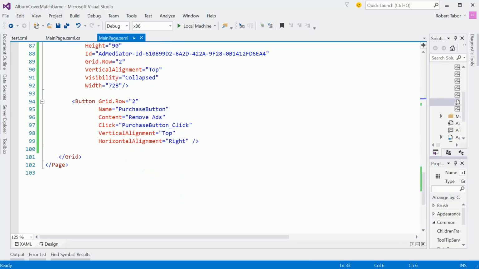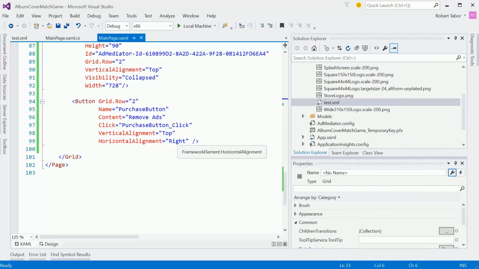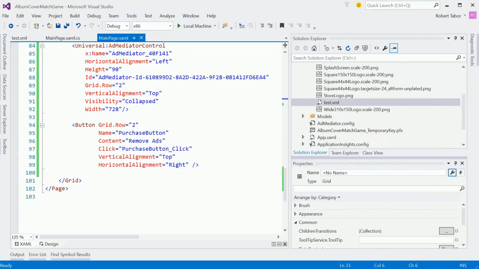Like I said, I would really, really like to get a graphic designer involved in this and add some better aesthetic, maybe some better placement of things and so on. One thing I am going to do here is just add a little margin around the mediator control and around the button itself. So let me think about this for a moment. What I want to do is set a margin here of 10 on the left, 10 on the top,